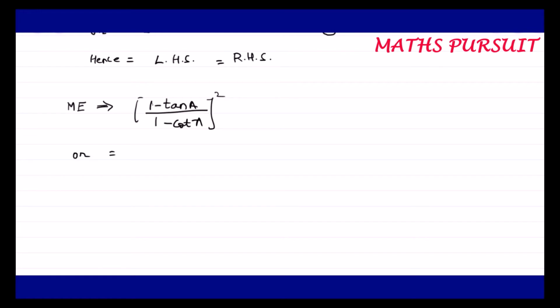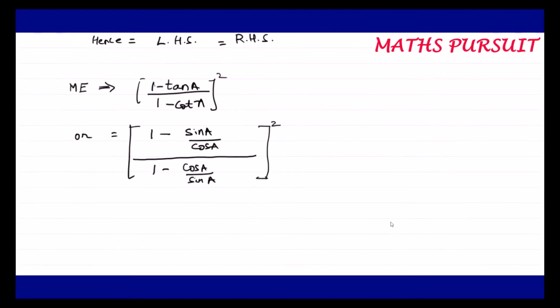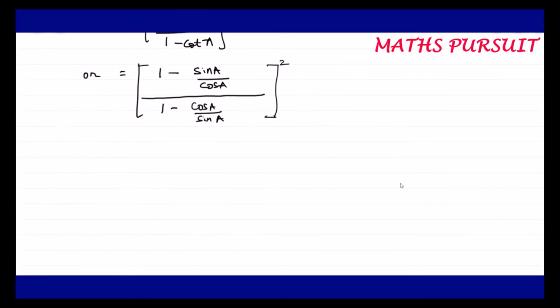Or that is equal to, I can write 1 minus, as usual we are converting tan theta and cot theta in terms of sine and cos. So instead of tan a, I can write sine a by cos a, and upon 1 minus cos a upon sine a, because cot theta is nothing but cos theta upon sine theta. For that reason, I wrote this thing as cos a upon sine a, or sine upon cos a, depending upon the given question. Now guys, hope till here we are pretty clear. I believe what I am explaining here we all are understanding.